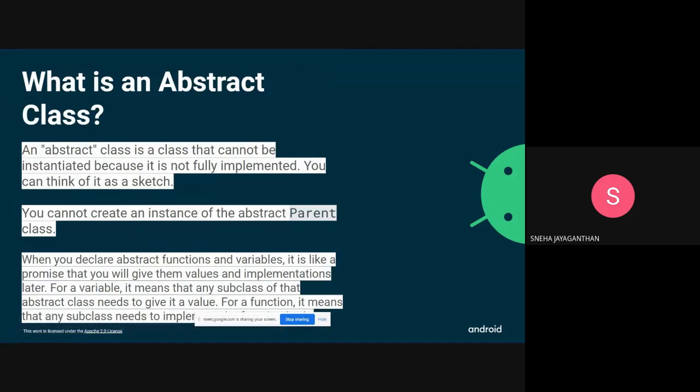So there's another concept called abstract class. An abstract class is a class that cannot be instantiated because it is not fully implemented. You can think of it as a sketch. A sketch basically incorporates the ideas and plans for something, but you don't have enough information to build it. For example, if you create a class called Vegetable, and you do not have any particular properties of vegetable as such,